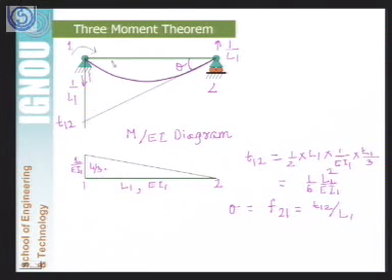Because this angle is quite small as compared to the length of the beam, we can write theta equal to T12 divided by L1. So this will be equal to L1 square divided by 6EI1 into L1. So this L1 will be cancelled out and it will become